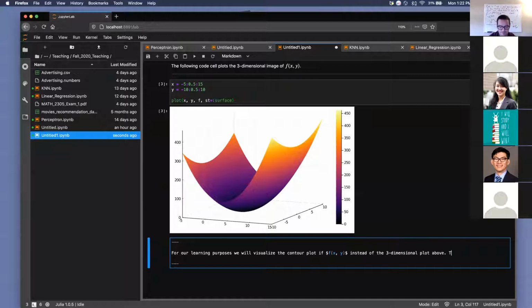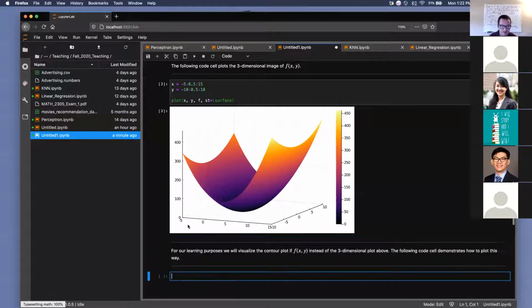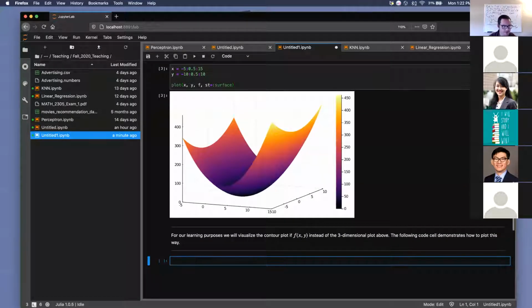The following code cell demonstrates how to plot this, something like that. Okay, so now we can just say, again, I played around with this for a little while,